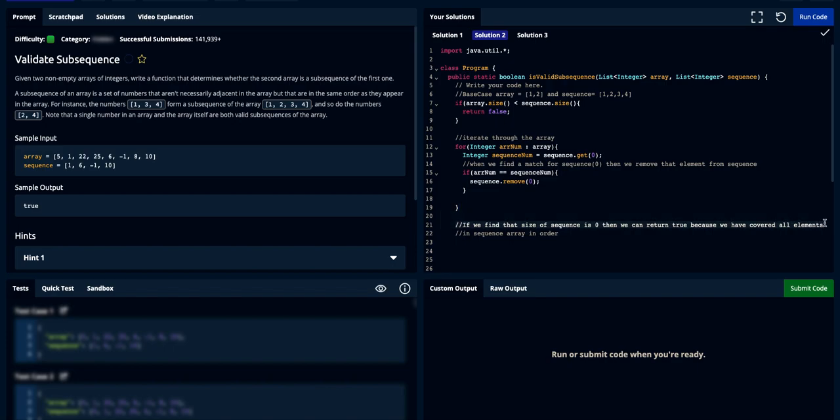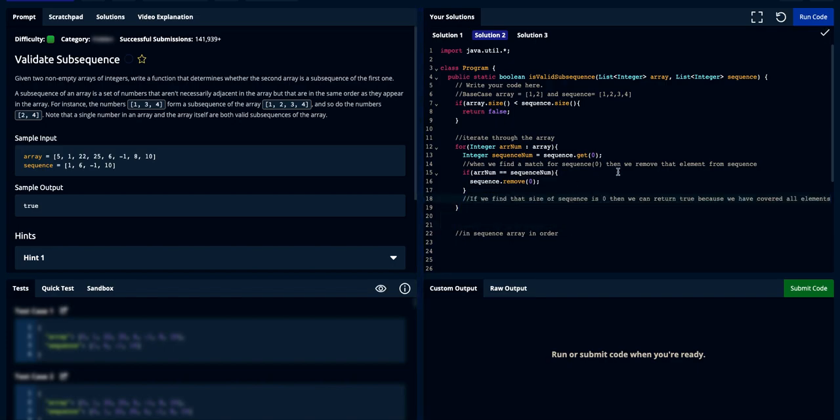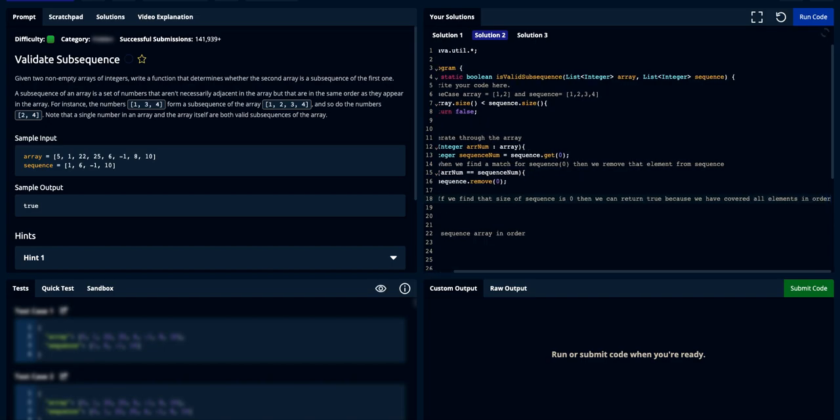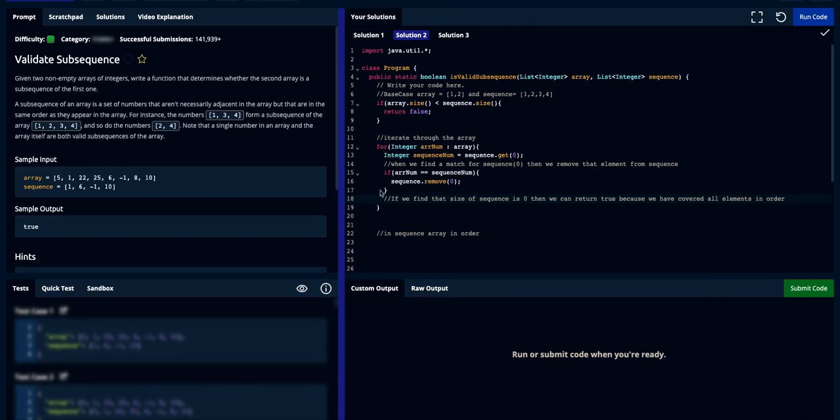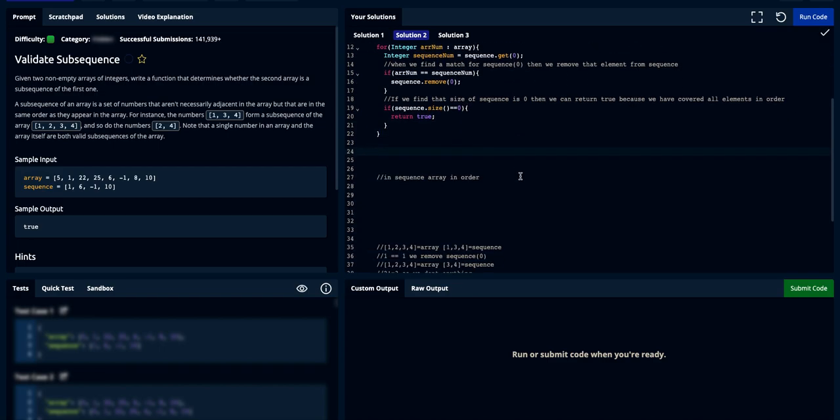All right, so let's copy this. In order. Okay, let's just shrink this. Okay. If sequence.size equals 0, return true. Now, one other thing that we can't forget is, let's say we make it all the way to